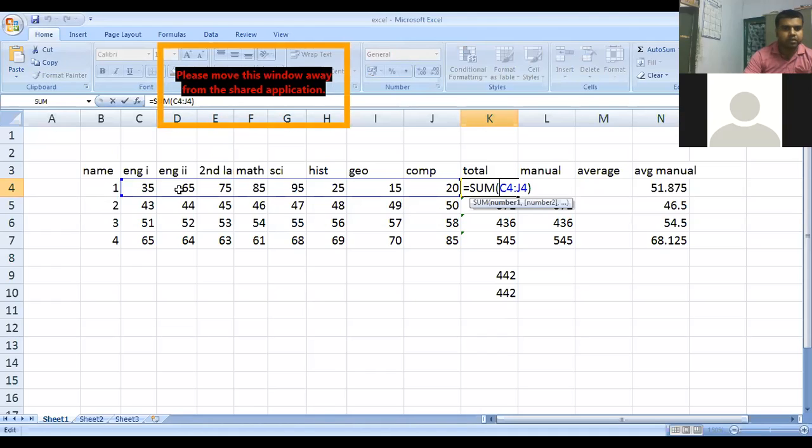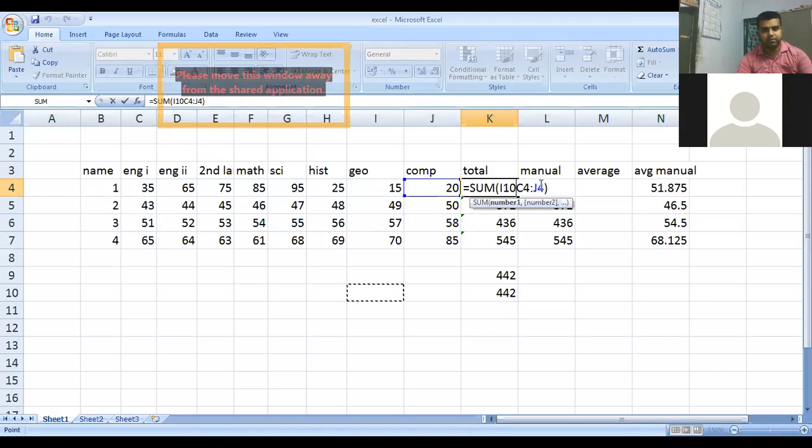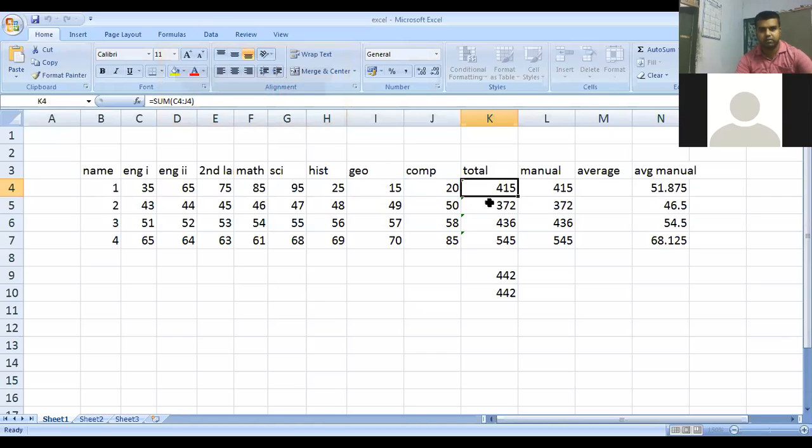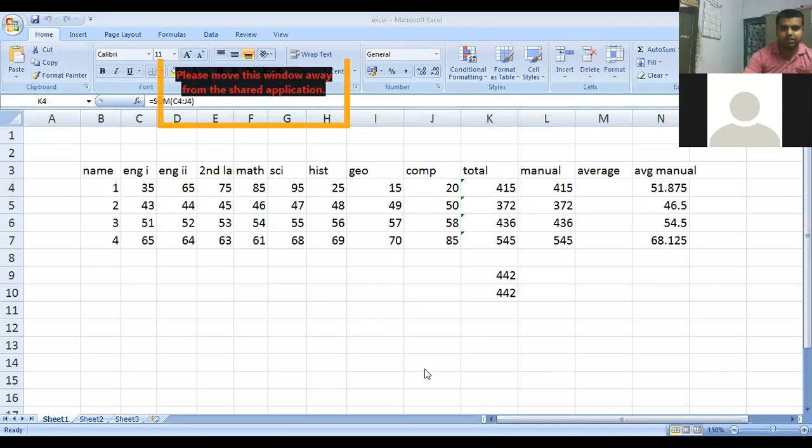As you can see, all the cells ranging between C4 and J4 are selected. This is how you can perform the addition operation in the manual method as well as using the sum function.